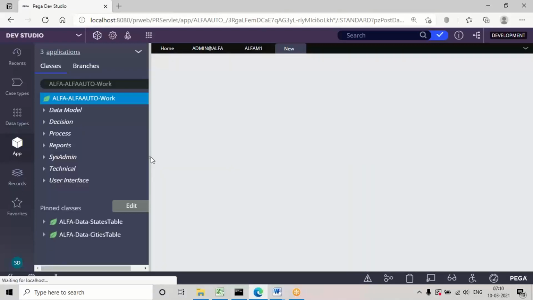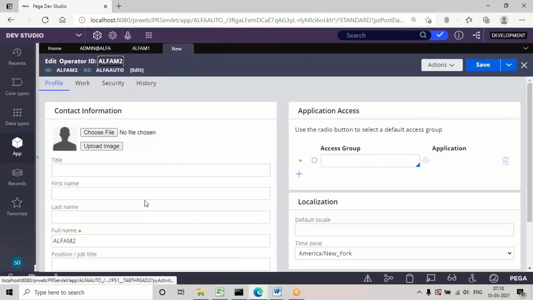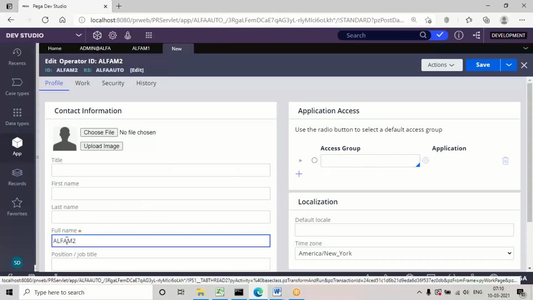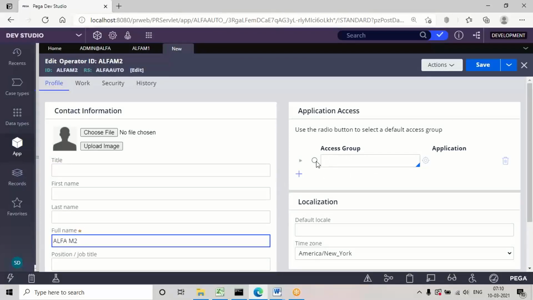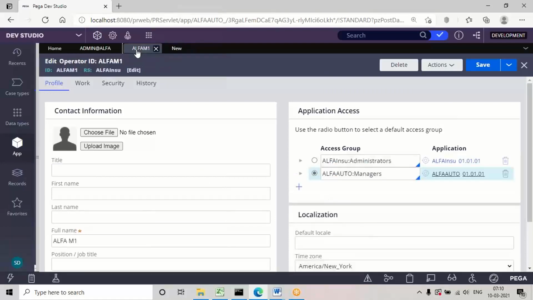When you open from here, we have to manually give the name and access group. And I'm selecting this access group option, alpha auto, that is your division name colon managers.